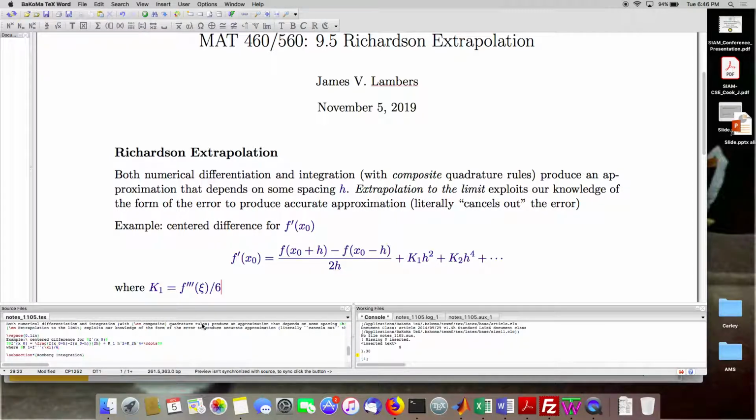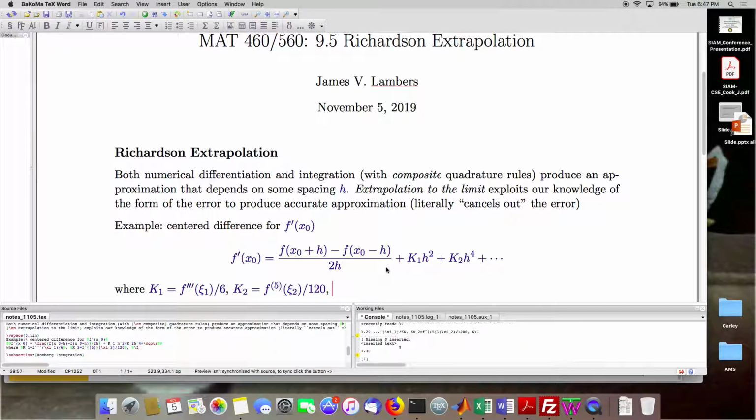And then K2, actually I'm going to name the unknown point C1, and then K2 we have a similar form, but that's of a higher order derivative, also at an unknown point, and 5 factorial, over 120, and so on,